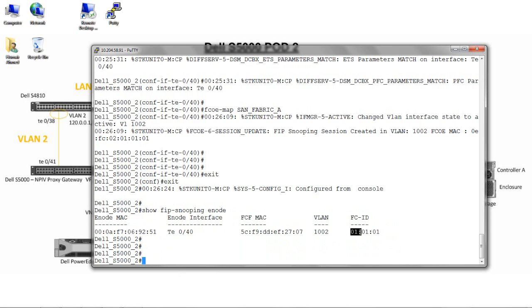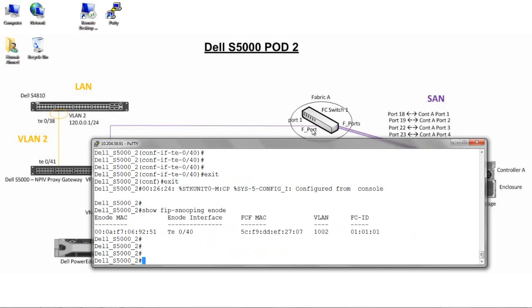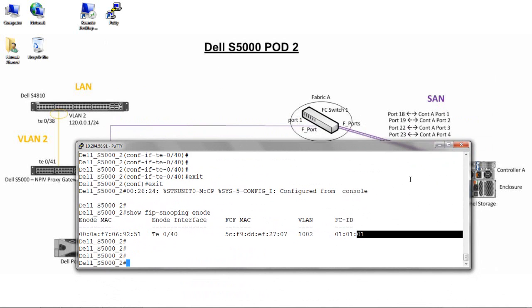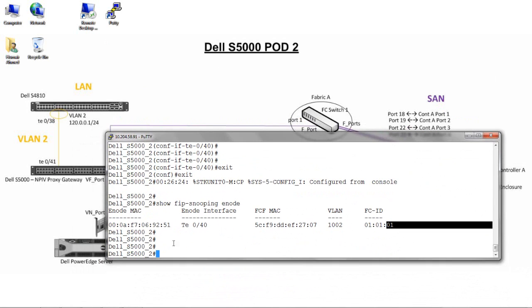So domain 0, port 1 on the Brocade fiber channel switch. Here you can see port 1, and then since we're using NPIV, session 0. So domain 1, port 1 on the Brocade fiber channel switch, and session 1 is the first end node to log in to the fabric